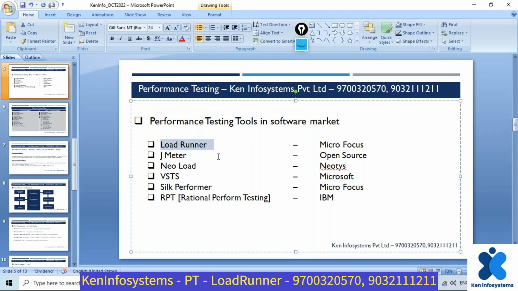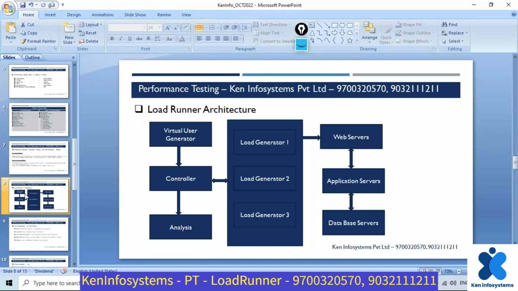About this LoadRunner tool, we will see the architecture of the tool. So this is the LoadRunner architecture. Here we have 5 components, and I will list the component names in the next slide. The first component is the Virtual User Generator, which we can call VuGen. Okay. So this component will help you to develop the script. Once the script is developed,